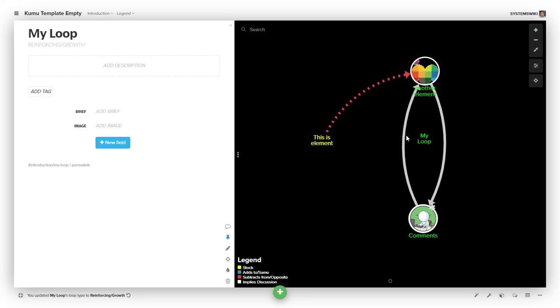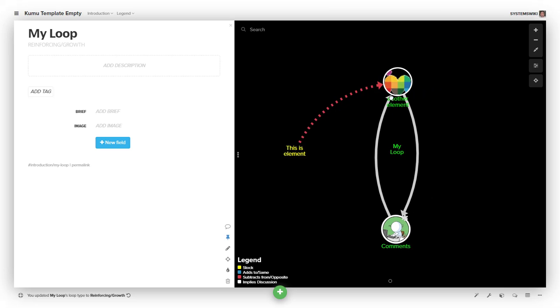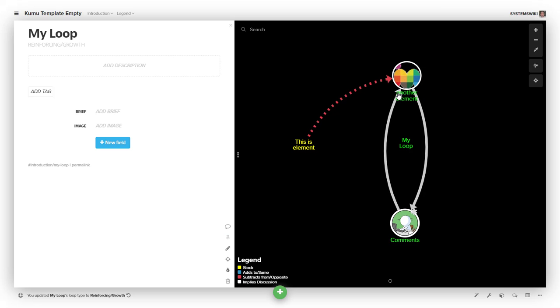I could move this connection someplace else. I could select this connection, connect it, select it, move it, and I move it to here. This loop is still defined to be these connections. And the way I can tell that is if this is selected and I come over to the pencil, which